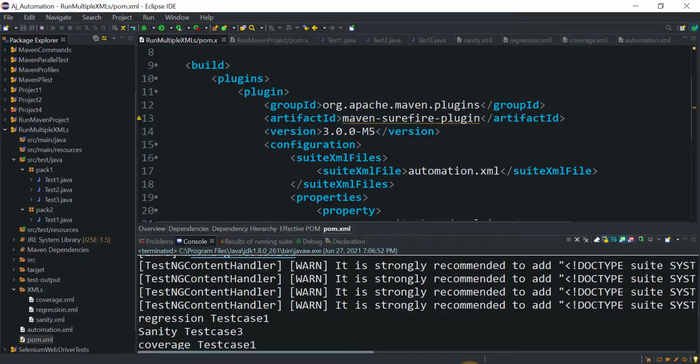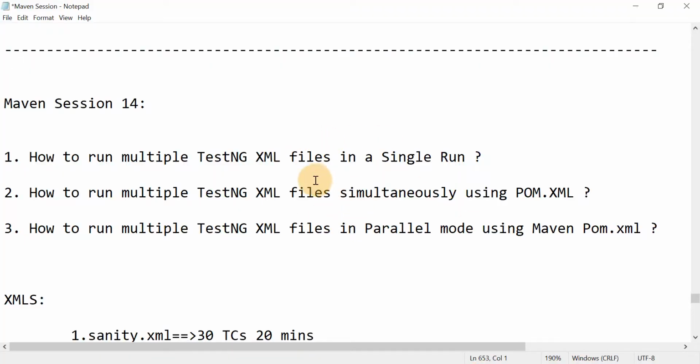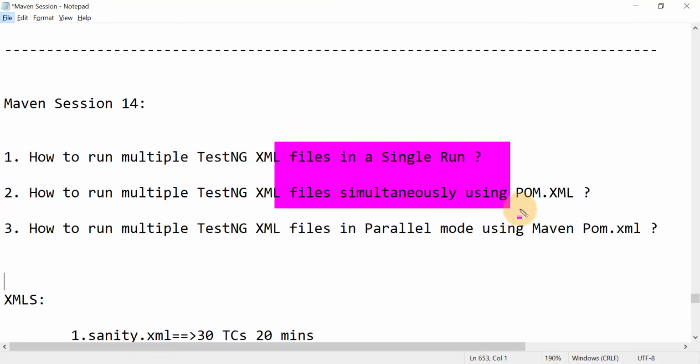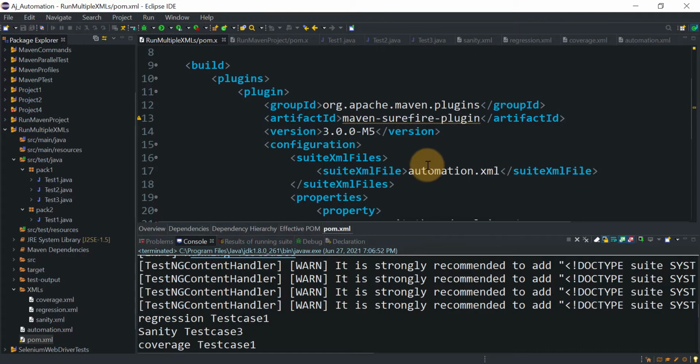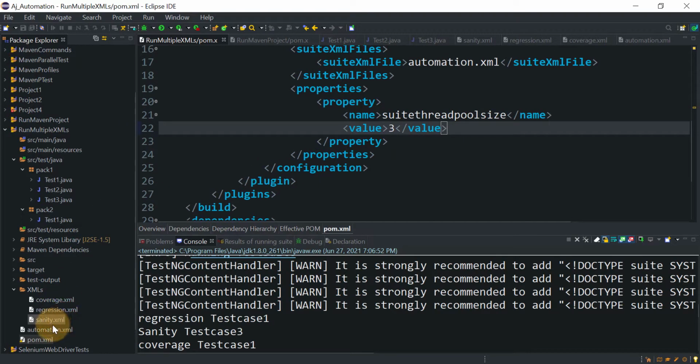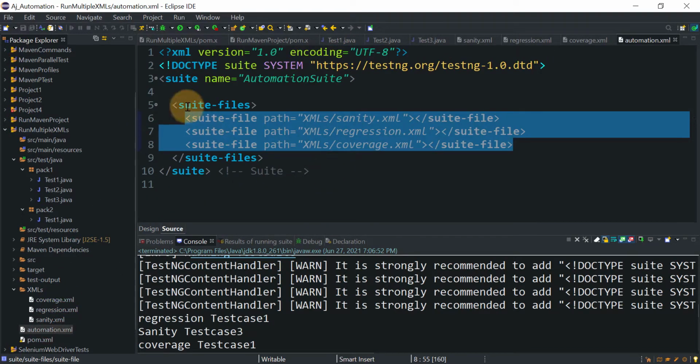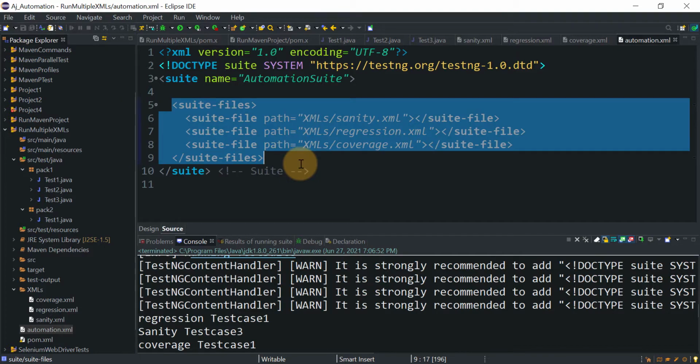So we have seen all these things to run multiple XML files in a single run, simultaneously or in parallel mode. So what we have done here is, let me copy this.